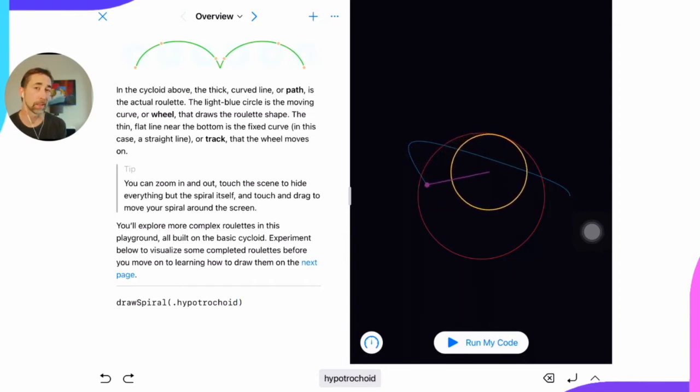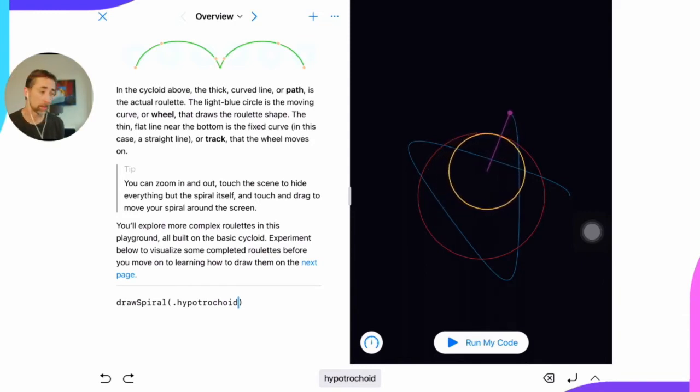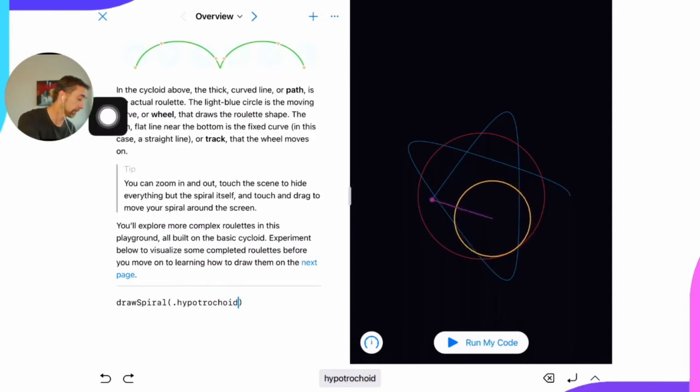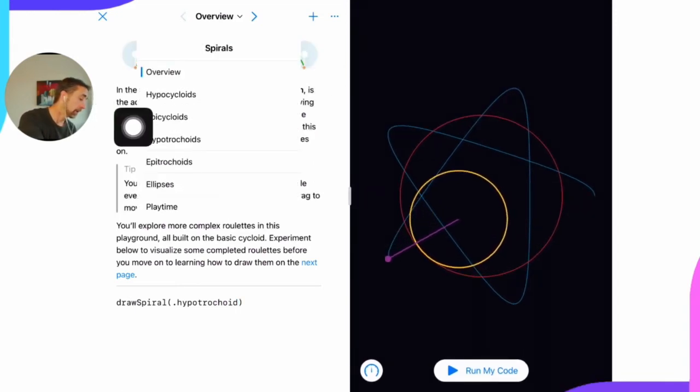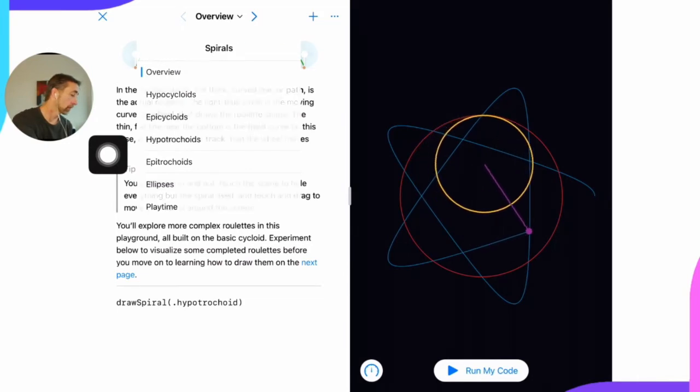Okay, so we're getting kind of an elliptical looking-ish line. Now we're not going to go through each and every page, but this playground is interesting because you can go up to the table of contents or you can just hit next. And it will tell you a bit more about each of the different types that we're working with here. So if we look at epicycloids,